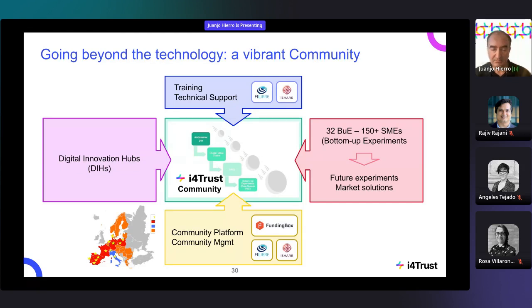It is about creating a community, and a community where precisely your experiments are going to be pioneers in the use of the technology, but also helping to ignite the community that we want to create around the technology and the other building blocks that, as we described this morning, are necessary for the creation of data spaces.